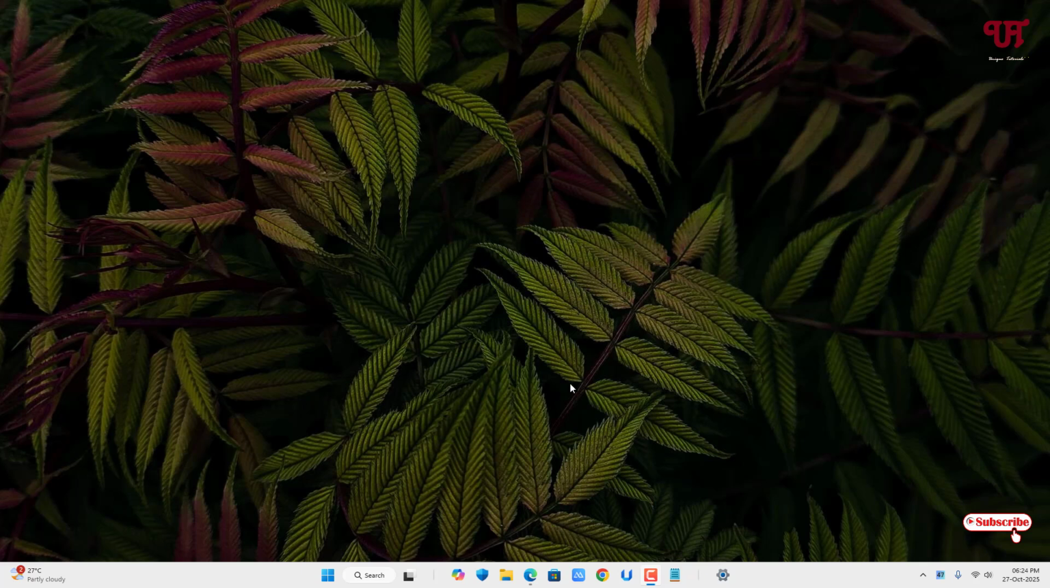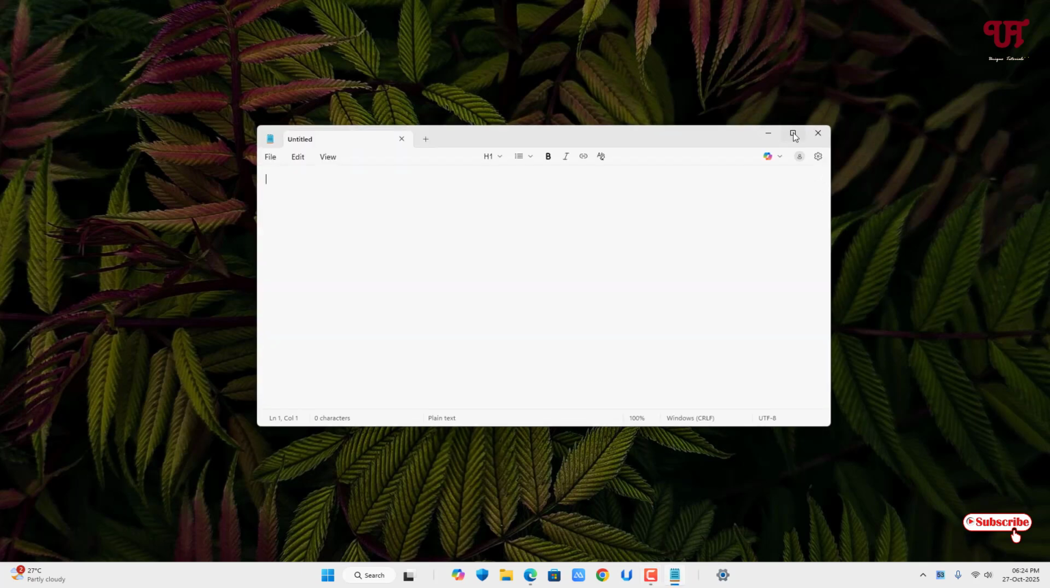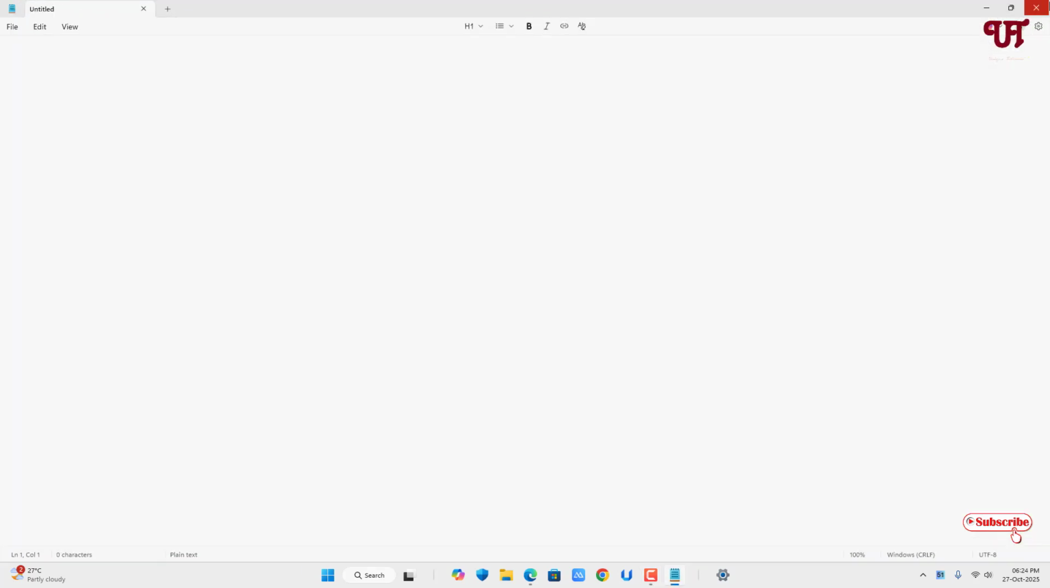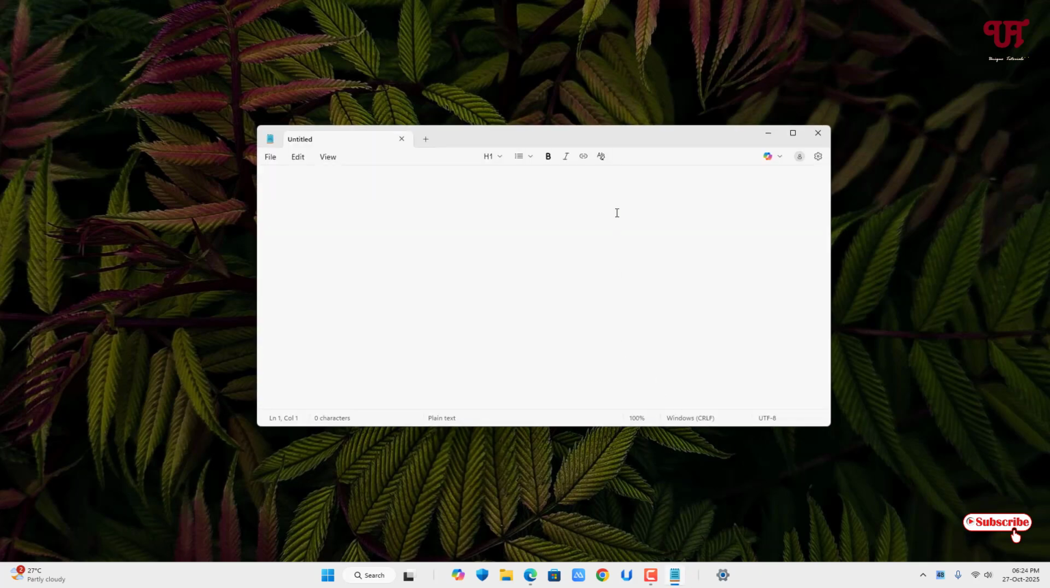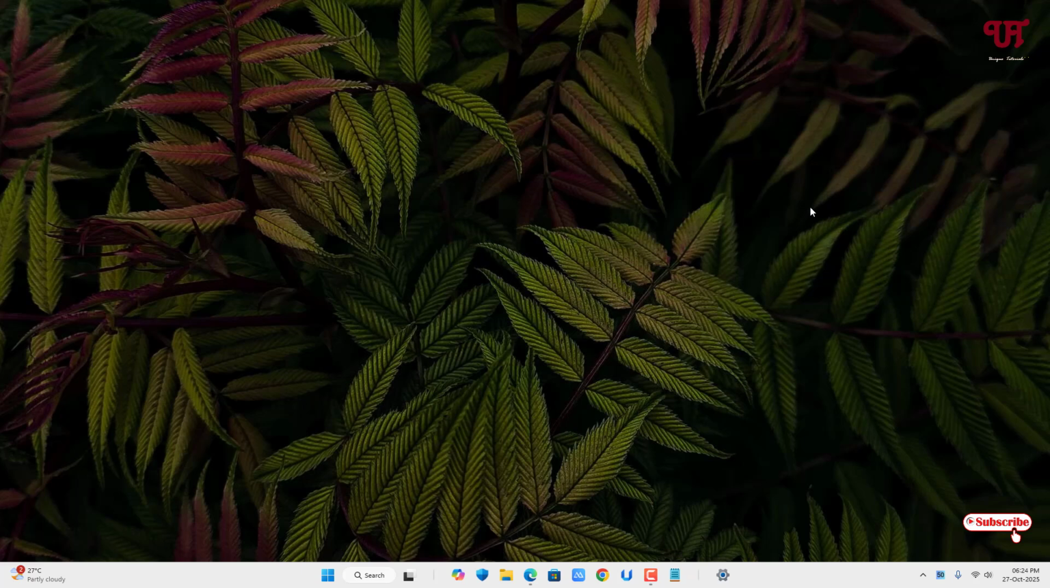Firstly, let me show you an example by opening Notepad and maximizing it. Now let me close it and reopen it. You can see it opens in the normal size. So in order to forcefully open or launch any program in a maximized window, what you need to do is